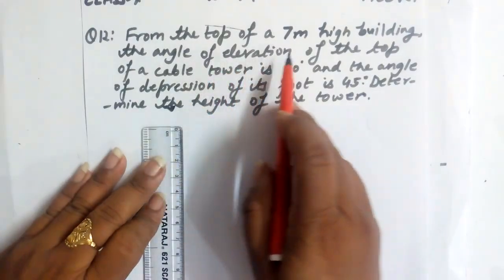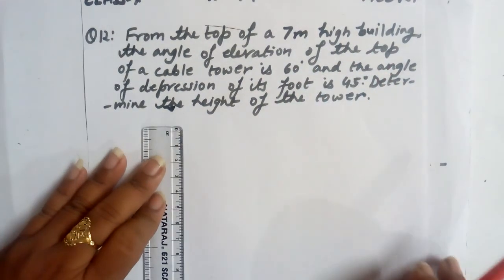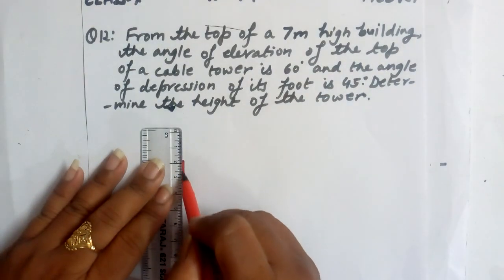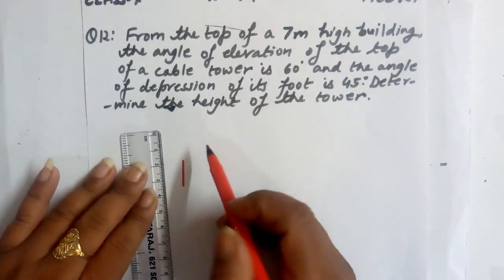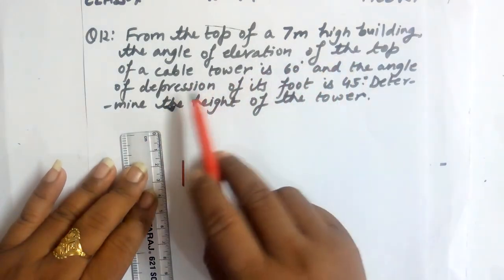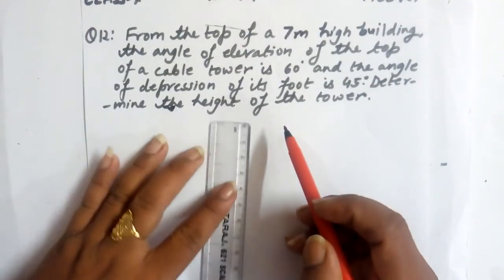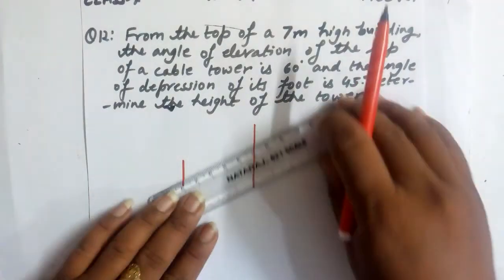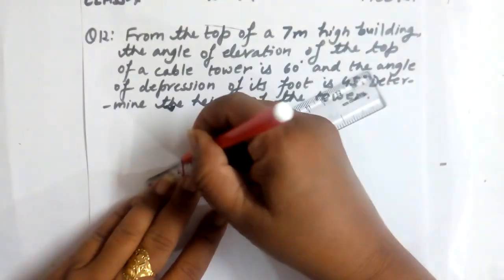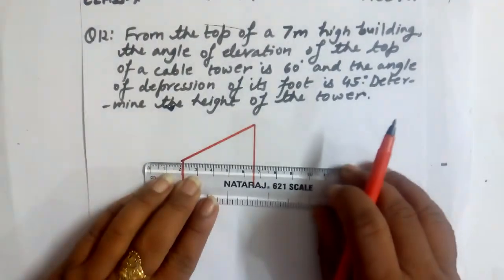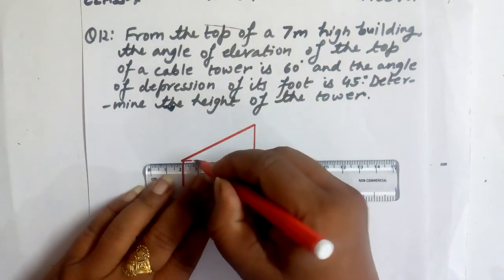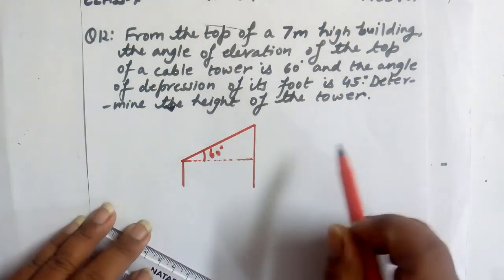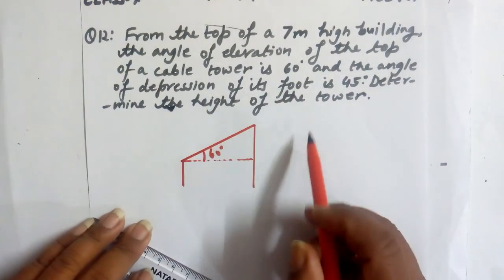From the top of a 7-meter high building, so we have to draw a 7-meter high building first of all. So this is a 7-meter high building. The angle of elevation of the top of a cable tower. So there is a cable tower also, and the angle of elevation from the top of the building is 60 degree, okay,